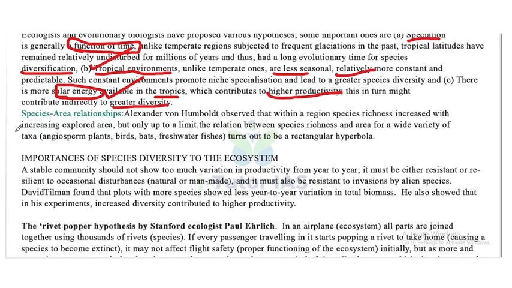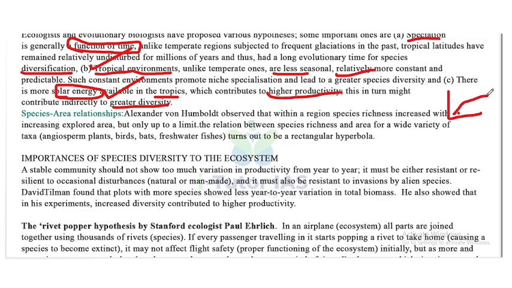The second point is the species-area relationship. Alexander von Humboldt observed that within a region, species richness increased with increasing explored area, but only up to a limit. The relation between species richness and area for a wide variety of taxa like angiosperm plants, birds, bats, and freshwater fishes turned out to be a rectangular hyperbola. So if you draw a graph like this, which shows the relationship between species richness and area,